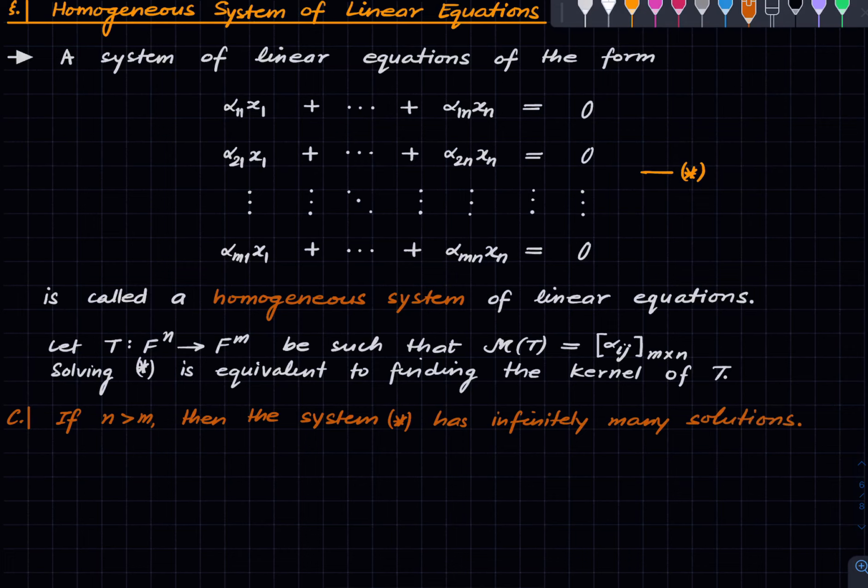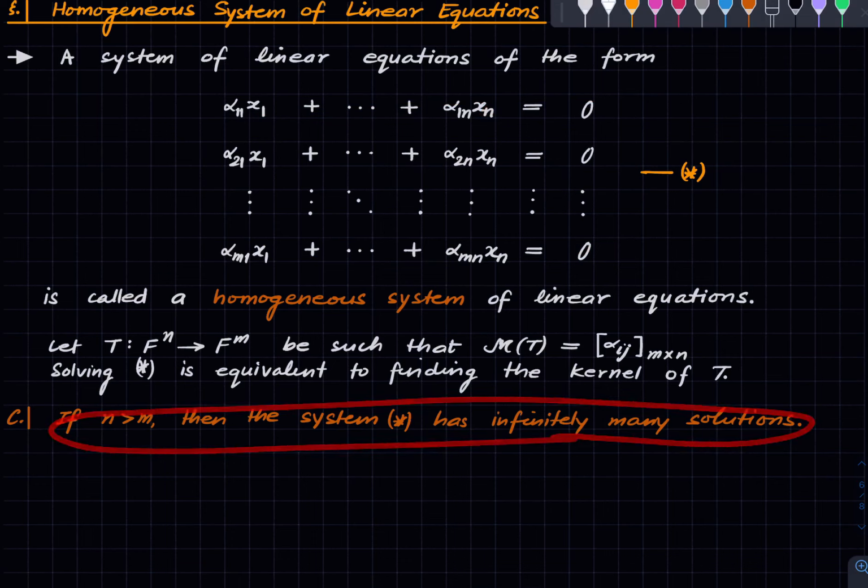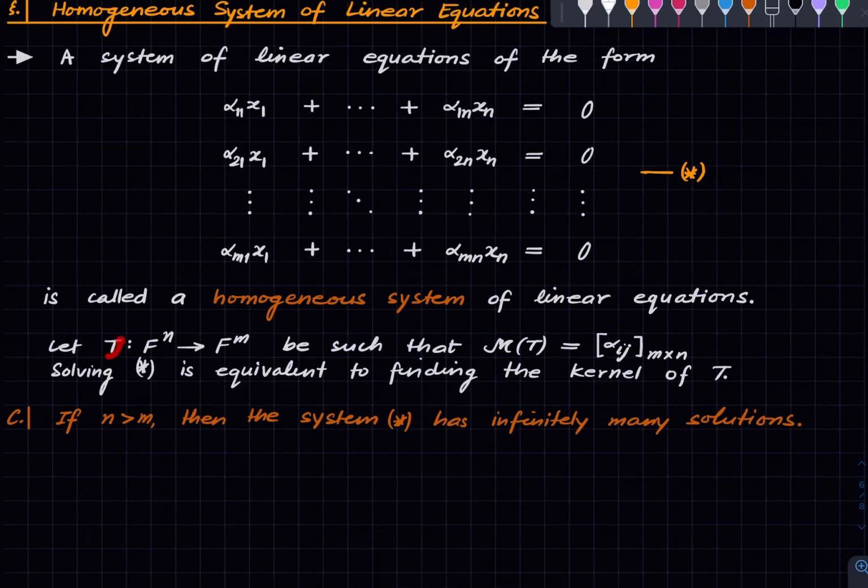Now, this is not a surprising fact because if n is greater than m, then the number of equations is smaller than the number of variables, so you expect infinitely many solutions. But this is something that we can derive using linear algebra, because once you have a linear map and n exceeds m, then the dimension of this space is greater than the dimension of that space, and therefore the kernel of T has to be non-trivial. You can use rank nullity if you like. So the kernel has to be non-trivial, and hence it has to have infinitely many solutions, provided, well, of course,